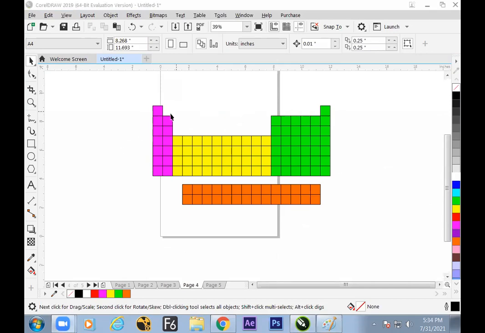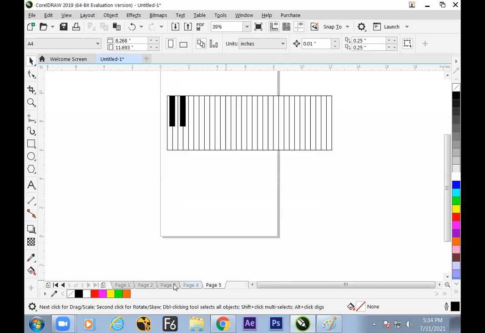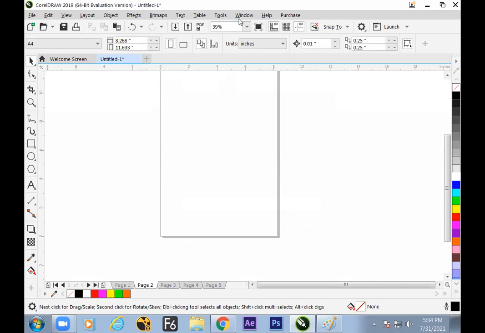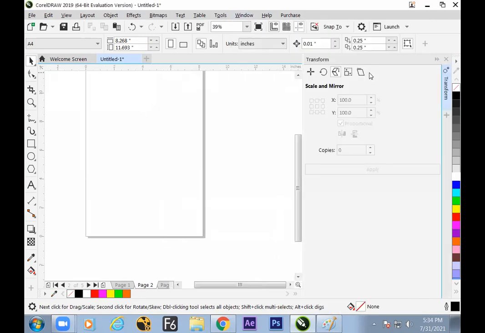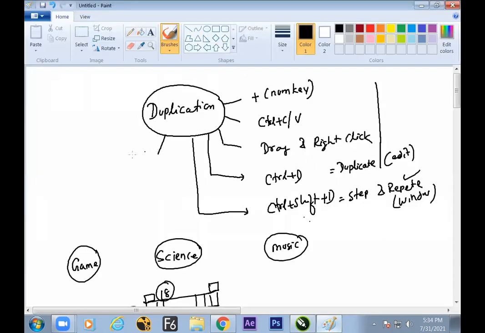Transformation is a window which allows us to do the duplication in a bigger way. Windows, Docker, Transform, Alt F7. Alt plus F7.